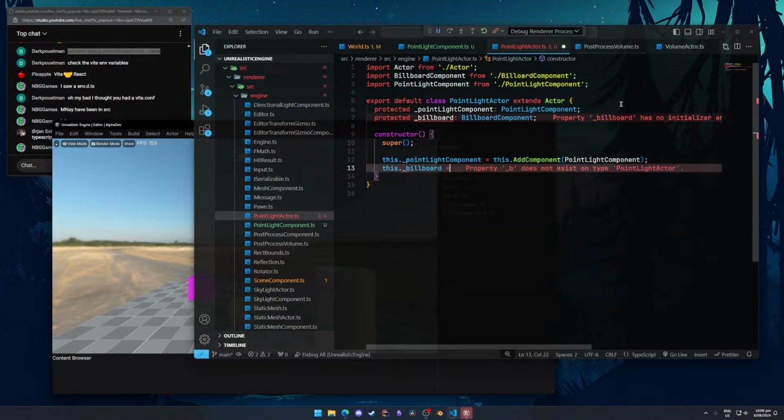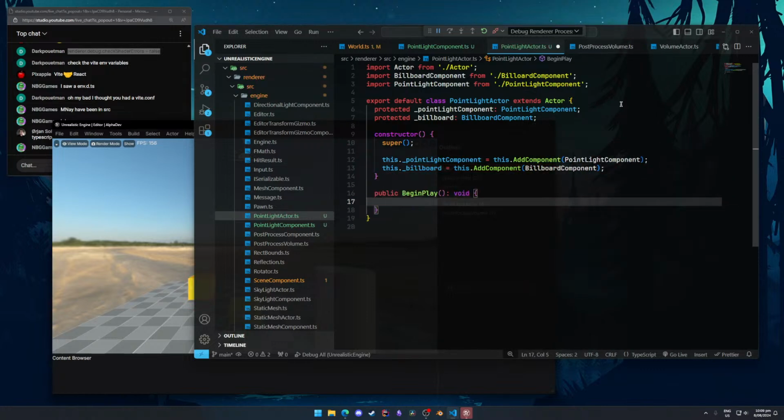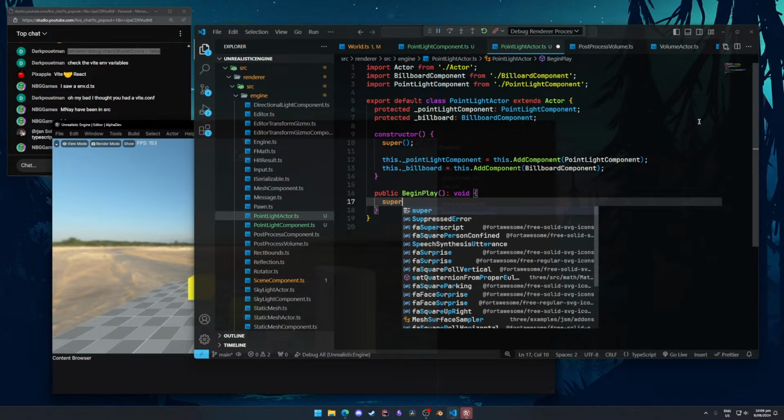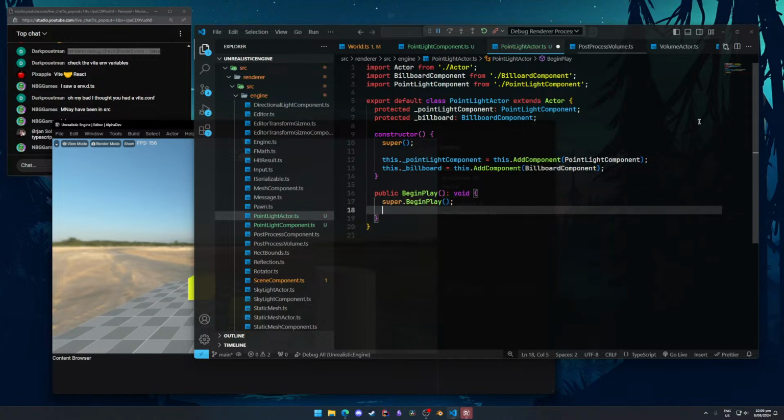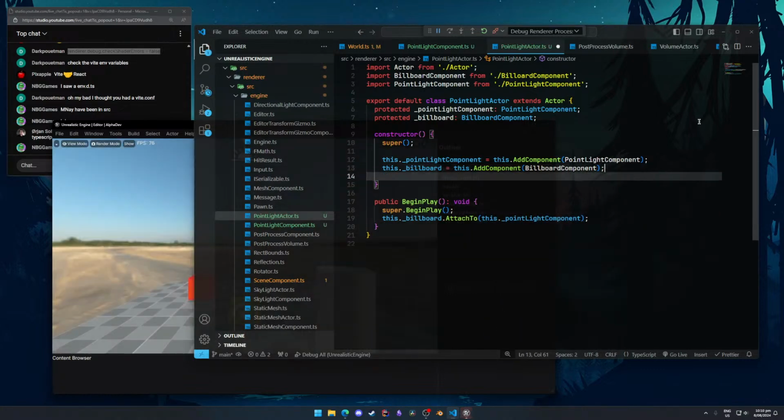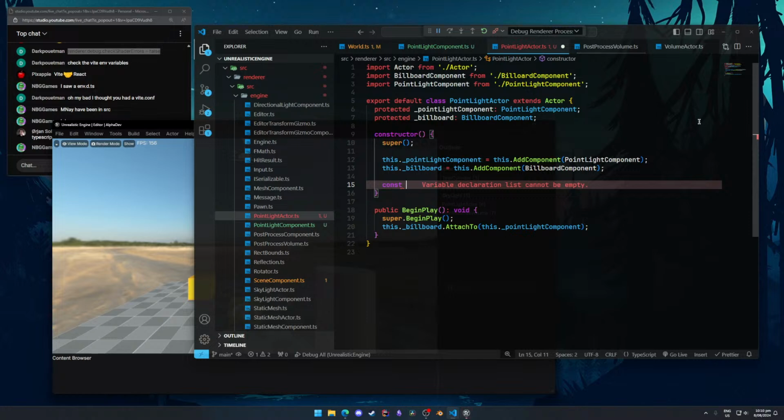Billboard. Okay, and begin play. Super. And billboard attached to point light component, and then we probably want to change the texture, so I'll do sprite text,